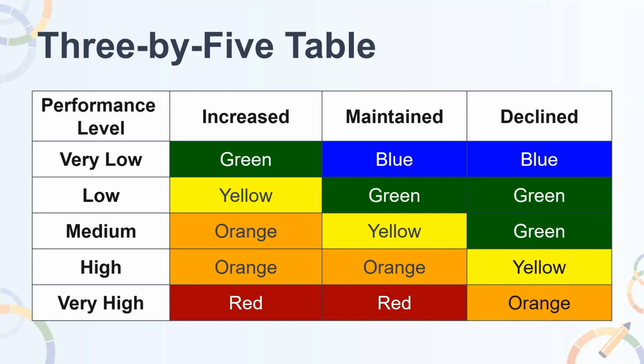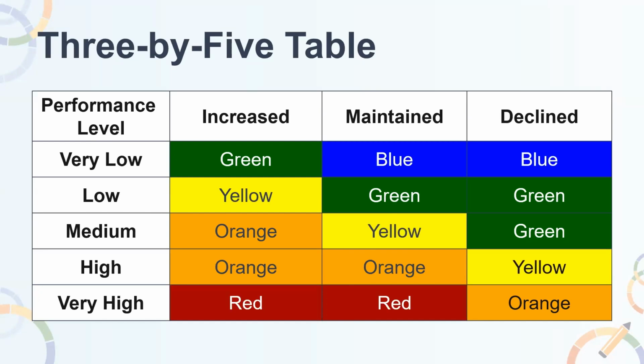The intersection of change and status will give the performance level or color. In this example, 3 by 5, to receive a blue performance level, an LEA, school, or student group would need one of the following combinations: a status of very low and a change of either maintained or declined. To receive a green performance level, an LEA, school, or student group would need one of the following combinations: